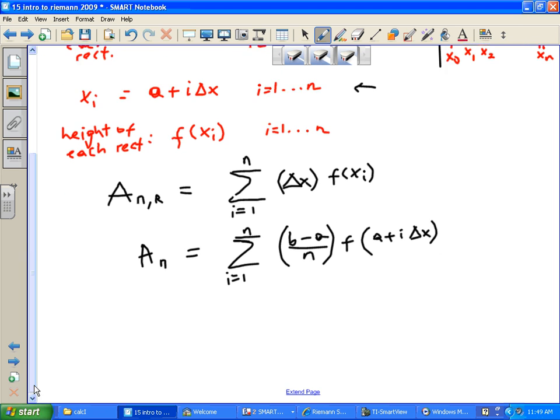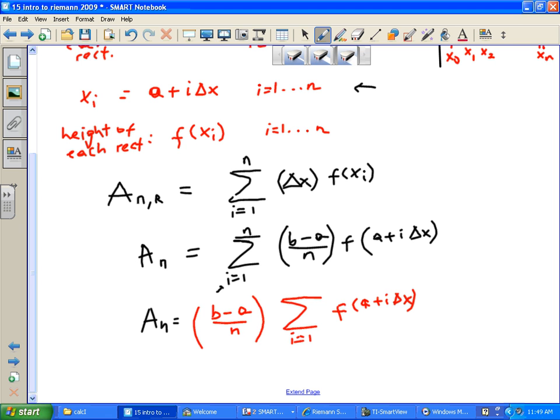Now, could I factor anything out here? Remember, the lower index of your sum gives you the variable. So here the variable is i. That means everything else can be treated as a constant. So the b minus a over n can be taken outside. So that's what I will do: b minus a over n times the summation of f of x sub i, which is f of a plus i times delta x,